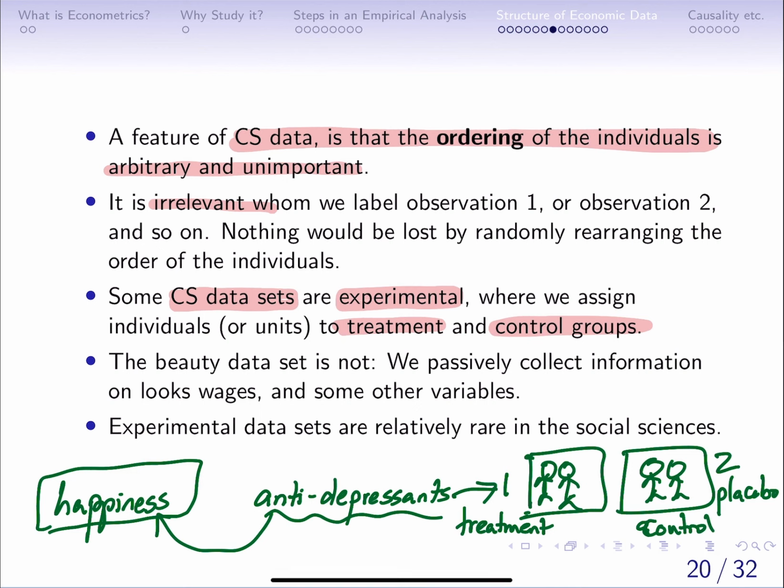So you really want to understand what is the effect. And so you're really just doing an experiment, okay? So remember that the example that we took with the beauty data set, this is not experimental. This is actually a data set which is created by passively collecting information on wages and looks and other variables. Okay, so experimental data sets, like I said before, are relatively rare in the